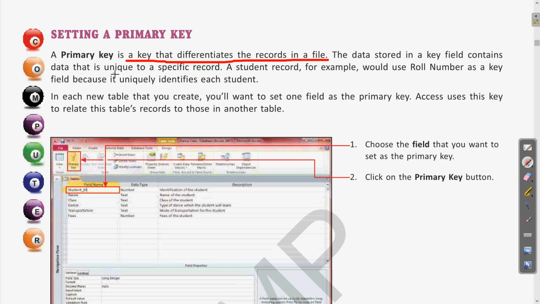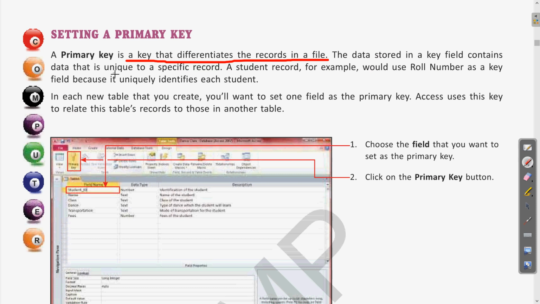If we choose a name, it may happen that the names of two students are similar. So name cannot be used as a primary key because it can be repeated. But in the case of admission number or mobile number, these will be unique for all of the different students.